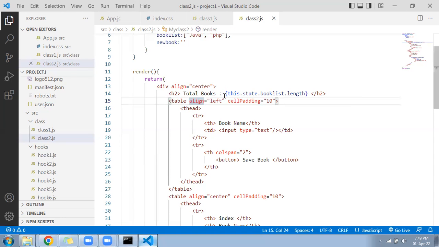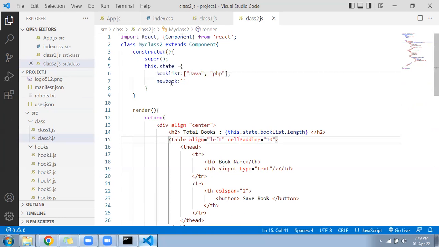Okay, so for that, already we have a variable new book. Now